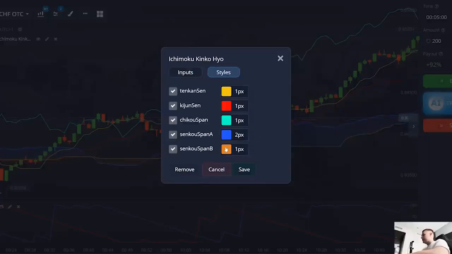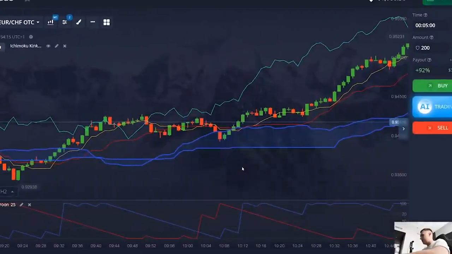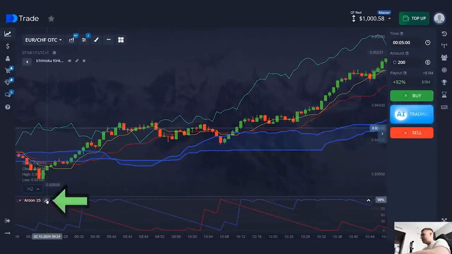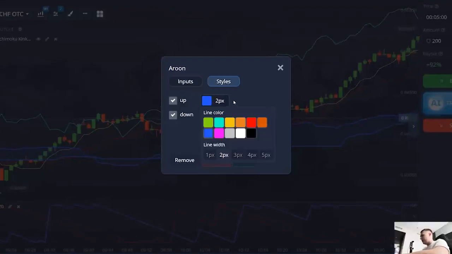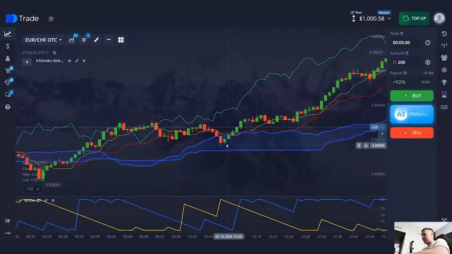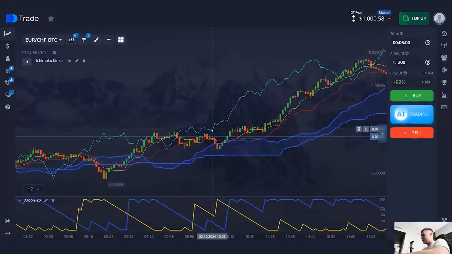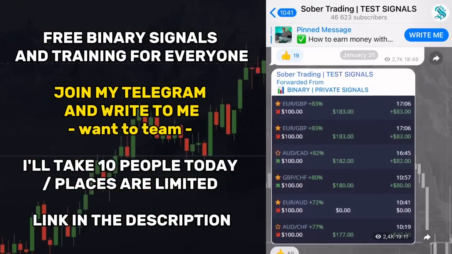In the style settings, I change the color and width of some lines. It's more convenient for me to work this way. I go to the Aroon settings and change the period to 20. I will make the indicator lines whiter and brighter. My friends, great, the account is ready to work. It's very simple. Now I will show you how to open a trade and how the strategy works, but first